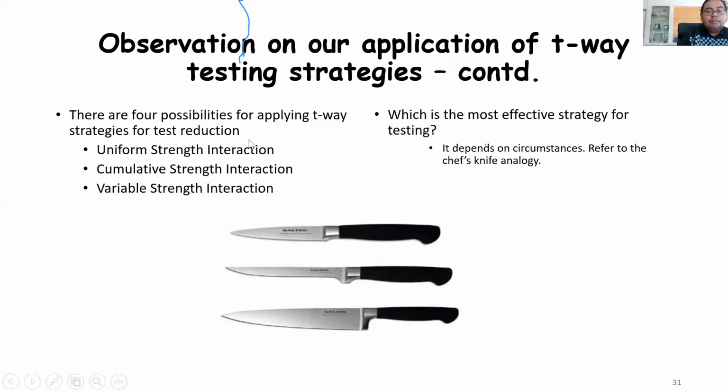So similarly, for T-way testing, the effectiveness of interaction, you have to know what kind of problem you're dealing with. You have to make an experiment to see, oh, there are many interactions on this, so I should use maybe a variable strength, or I could use this cumulative strength whatsoever. So it is up to the tester himself to know what kind of problem he's solving, then he can solve